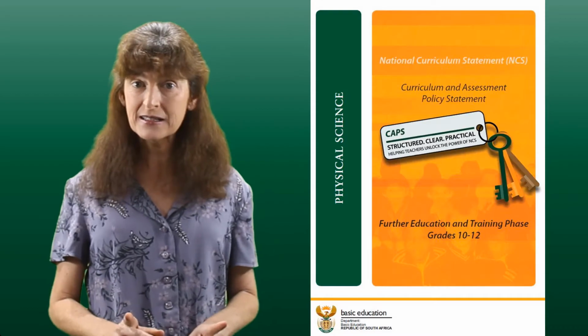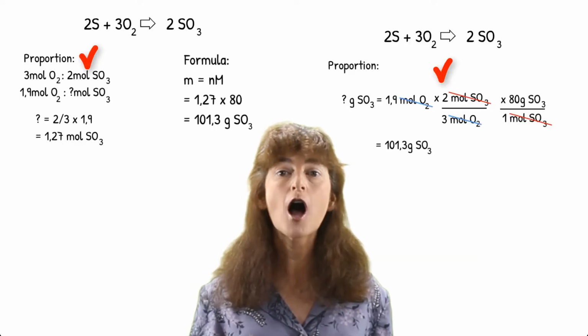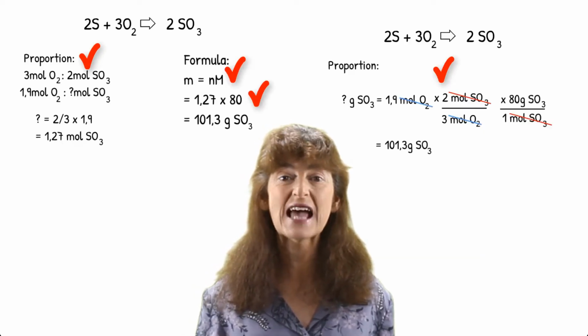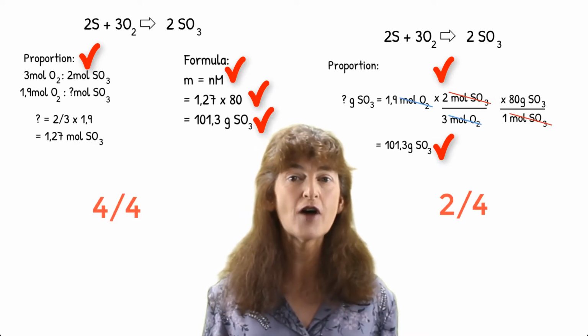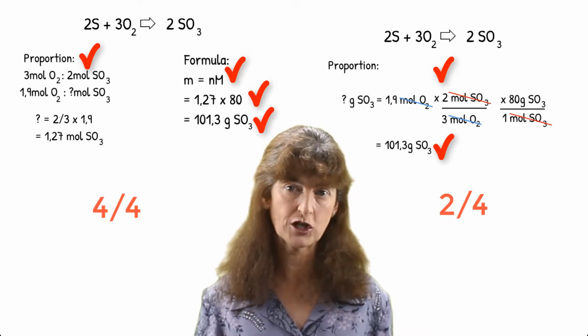The problem is that the way marks are awarded in exams at present disadvantages a generic proportion method. South African marking guidelines and exam reports focus explicitly on formulae, but only implicitly on proportion. Might this be giving the wrong message about the relative importance of formulae and proportion in stoichiometry to South African